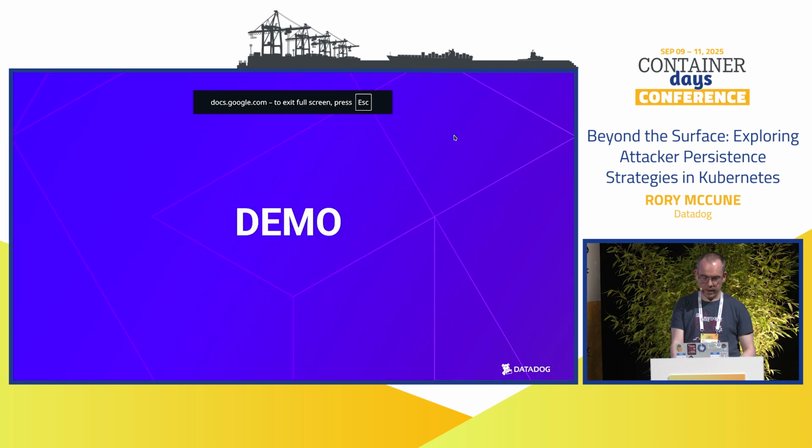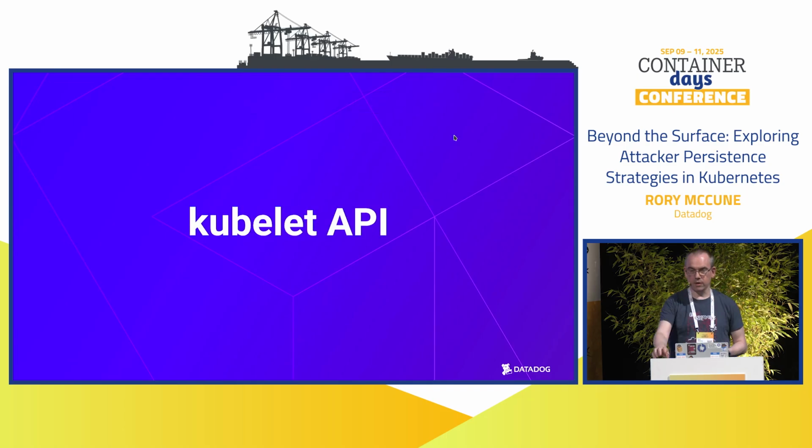How are we going to do that? Well, there's another thing which we can do, which is we would also kind of like for the things we want to do not to show up in the main API audit logs. It would be super annoying if someone saw something in the audit logs and then found us and kicked us out. It would be nice if we could do things like execute commands in containers without talking to the API server. And to do that, we're going to use the Kubelet API.